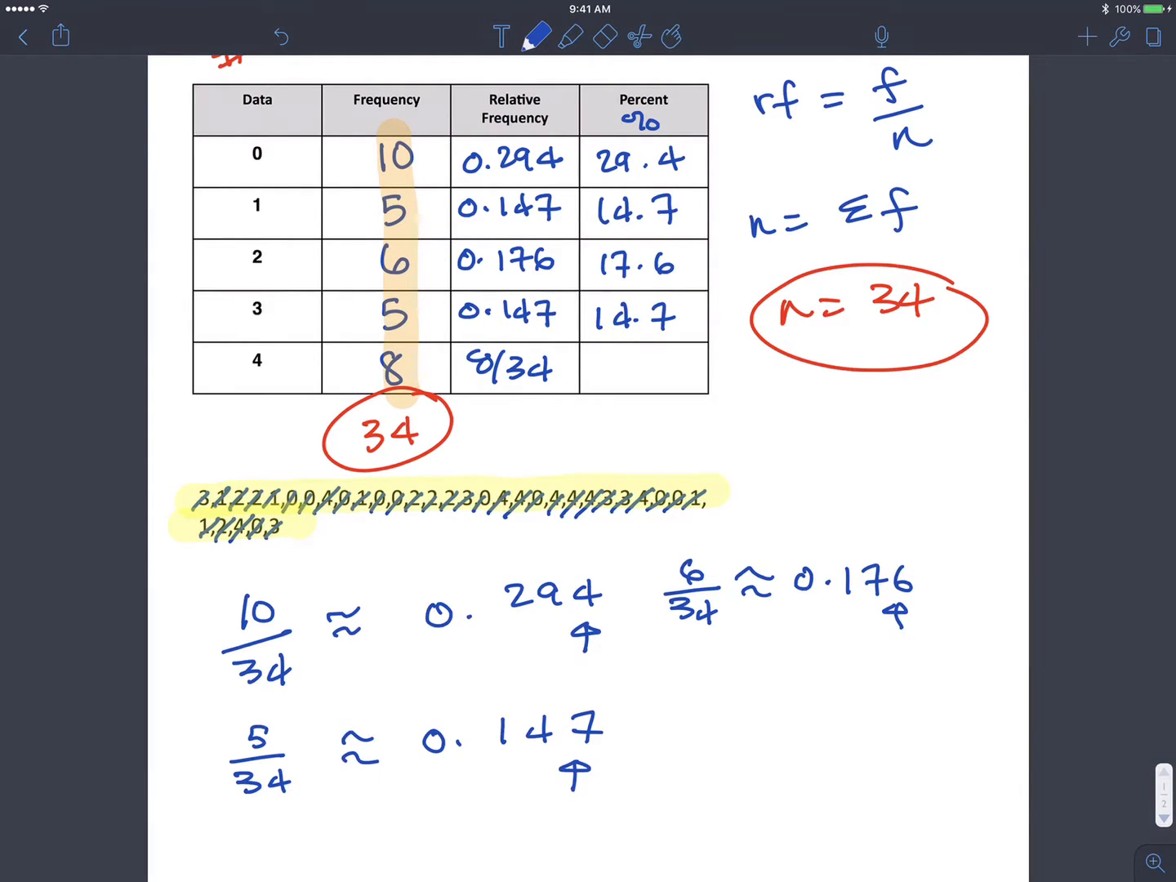So what we're seeing here is that 17.6% of the sample drinks 2 cups of coffee. 14.7% drink exactly 3 cups of coffee. We just now need the 8 over 34. And let's determine what this will be. And we get